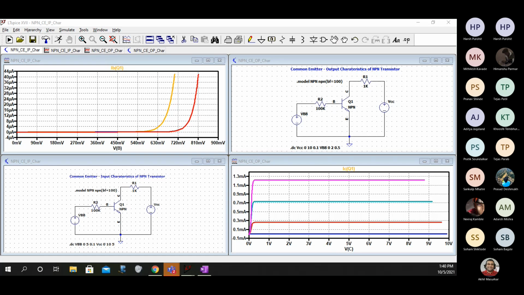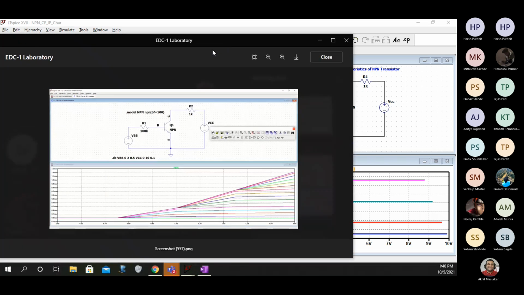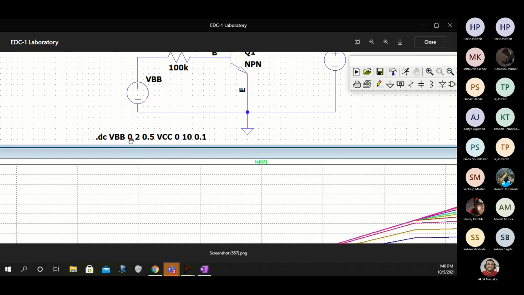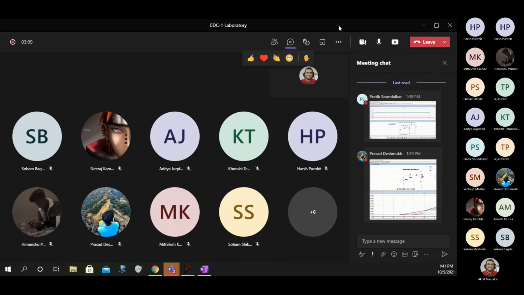This should be VBB from 0 to 5 in steps of 0.1. See here, this is wrong. VBB should be 0 to 5 in steps of 0.1, and this should be 0, 10, and this should be 5. Change it.